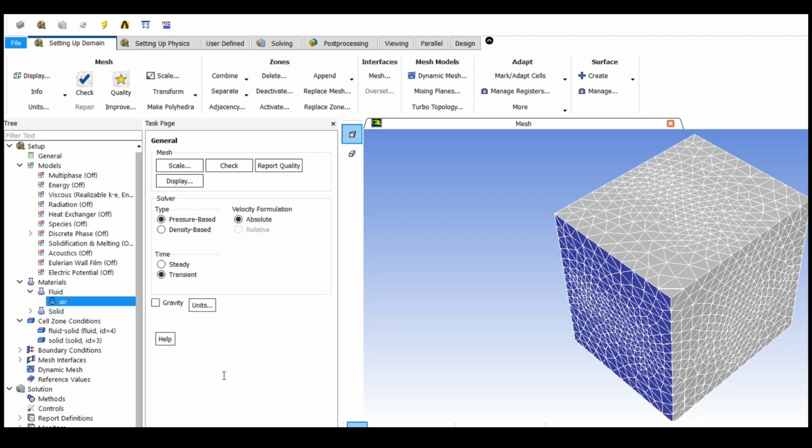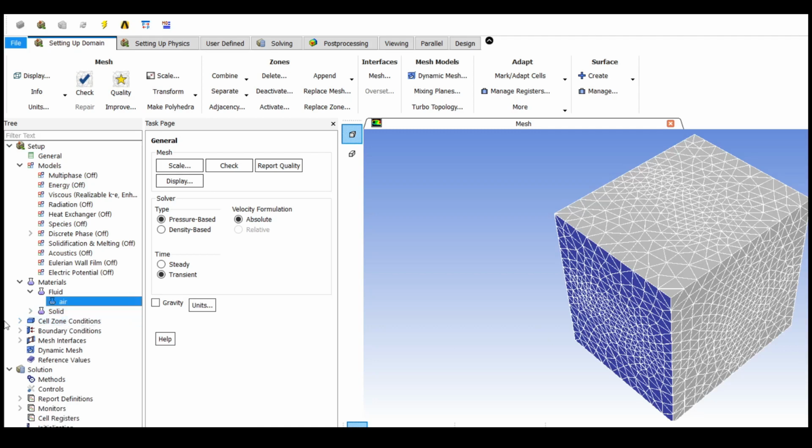We have air over here. By double clicking, the properties of the air are listed in a window. The density is 1.225 and viscosity is 1.789e-05, and we need not alter anything here. Then click on the close option.